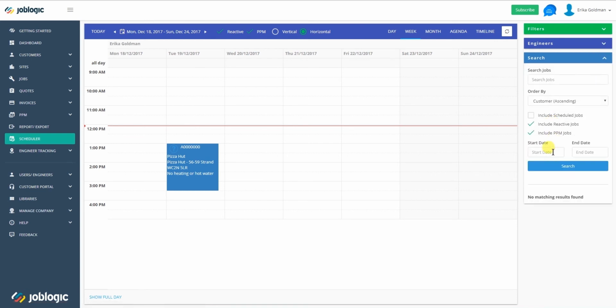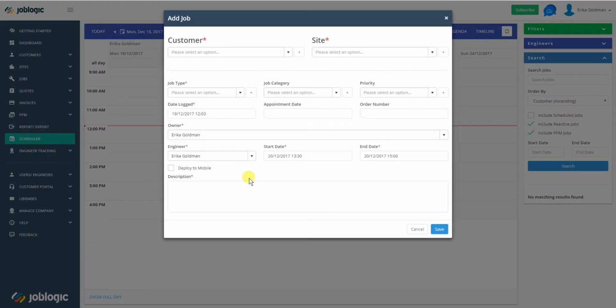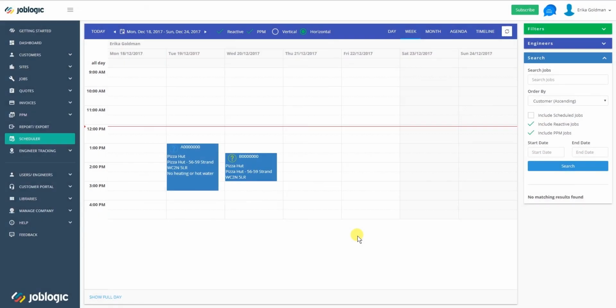To add a new job, if I find a free time slot with an engineer, by selecting the available time slots, I can then be presented with a job card. In the same way that we created the job through the log job screen, we can do the same directly through the diary here. The idea of logging a job through the scheduler is to allow you to quickly get an appointment and a job generated, and I can deploy that straight to the engineer's mobile. Again, we can see the green question mark, which is alerting us to the fact that the engineer has yet to accept the job. Now the jobs have been deployed,